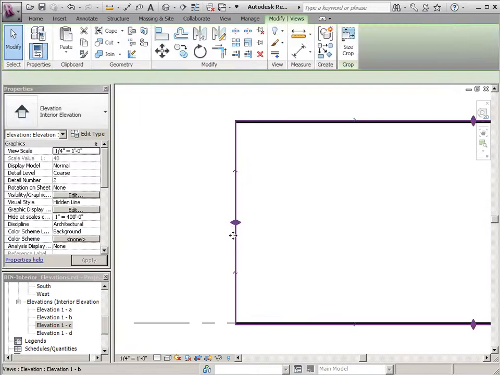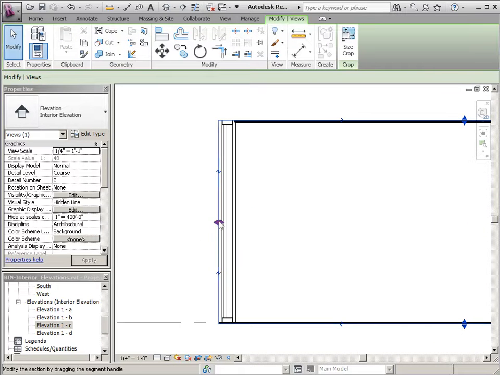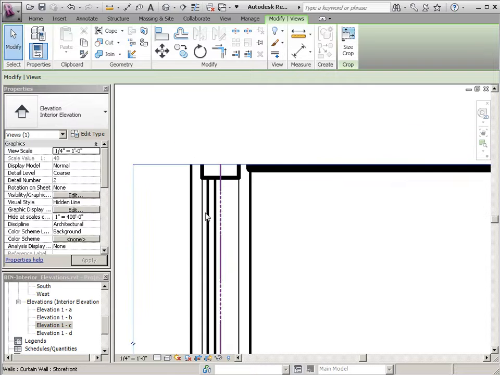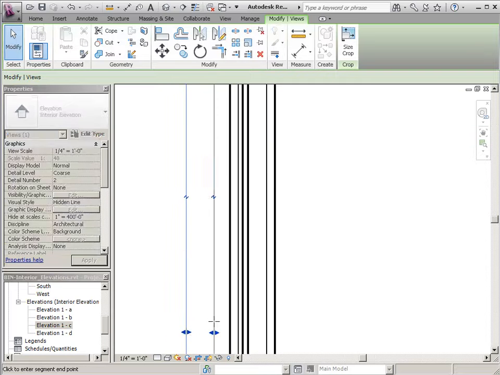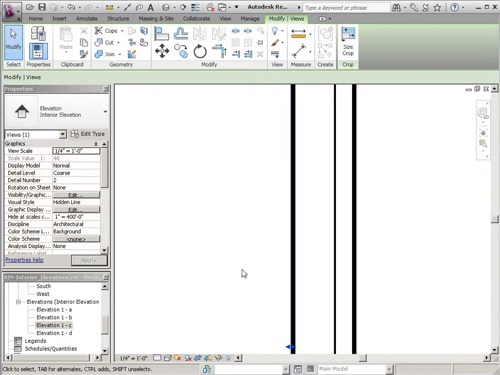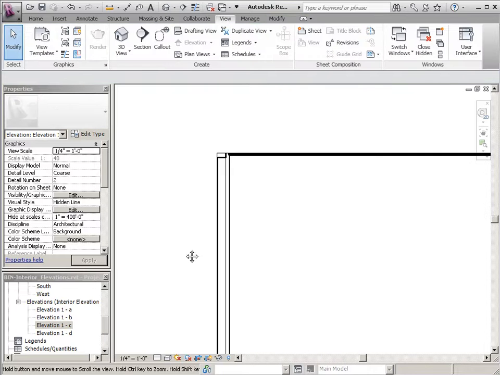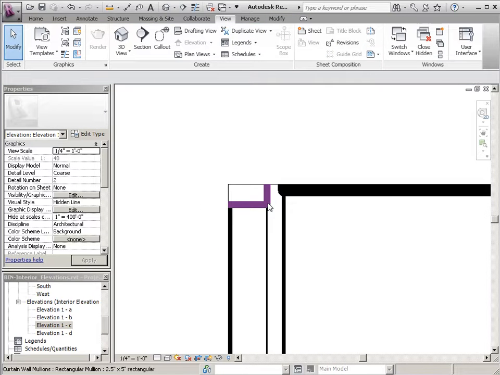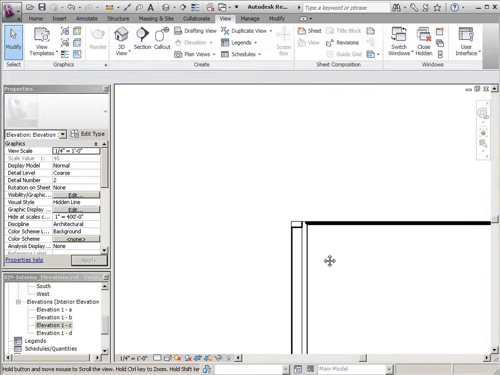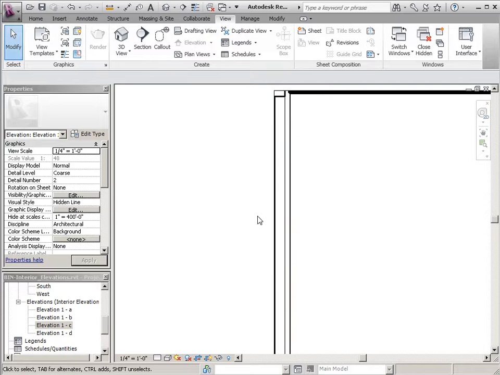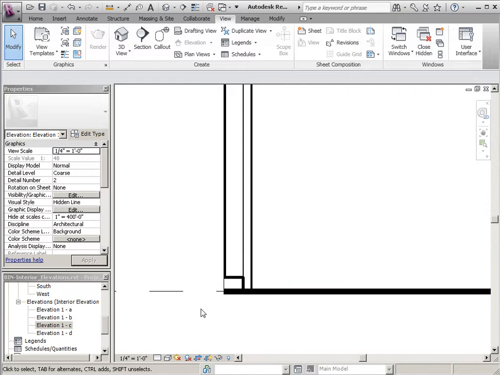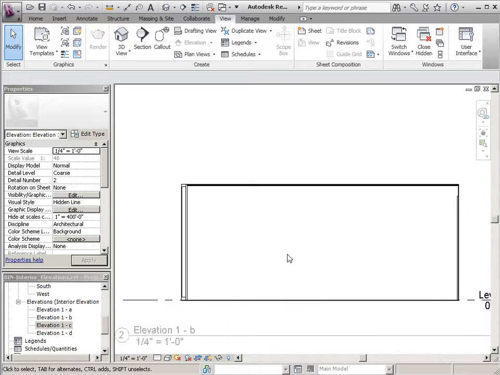Okay, for glazing such as this one, what I normally do is I do the inside line of the glass, which is a little bit less thick, which is okay, and then you see the thickness. You do that, and then that's the ceiling that should be extended. But for now, I'm not gonna worry about that little gap over there. This is a little thing that you should fix with a masking region. But anyway,